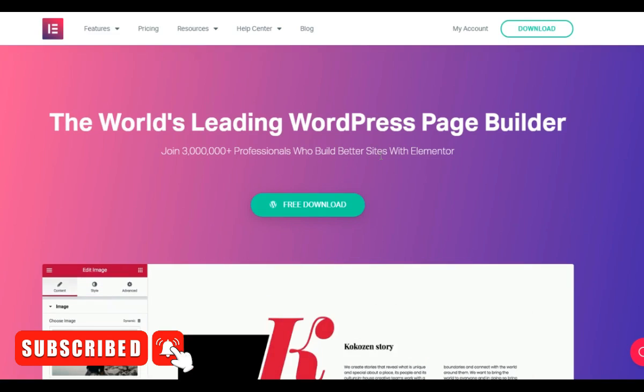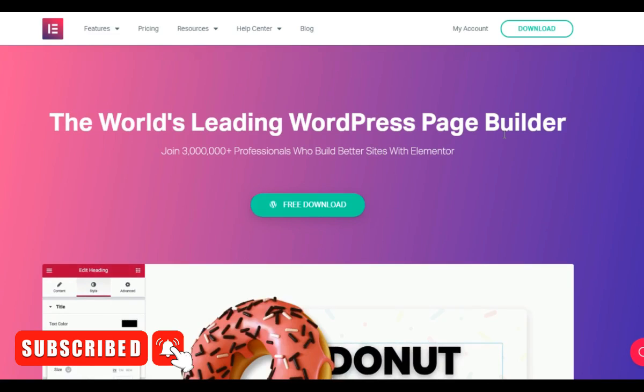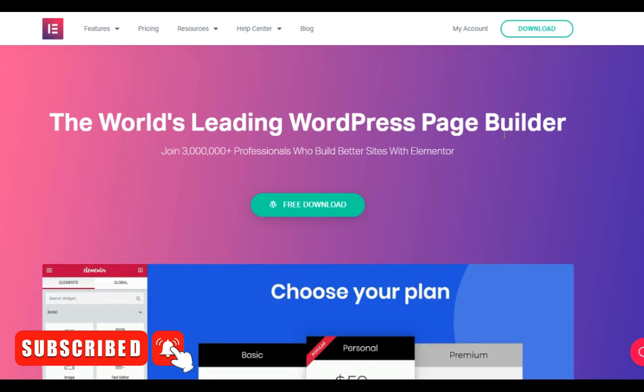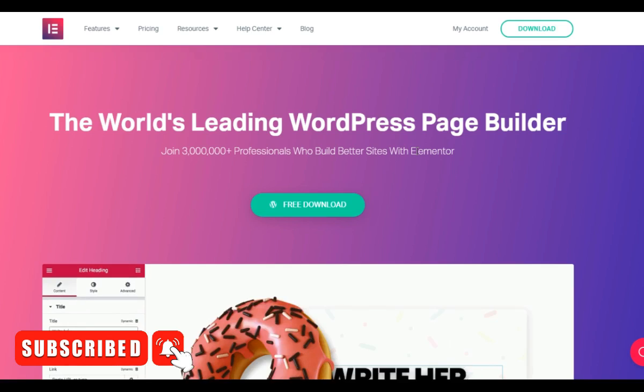And the next one is Elementor. Elementor is mainly an editor like WP Bakery or Gutenberg, but it's more similar to WP Bakery in the sense that it is an editor and it also allows you to pick and choose templates.